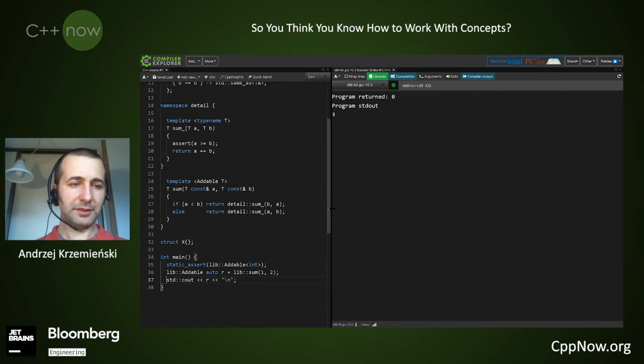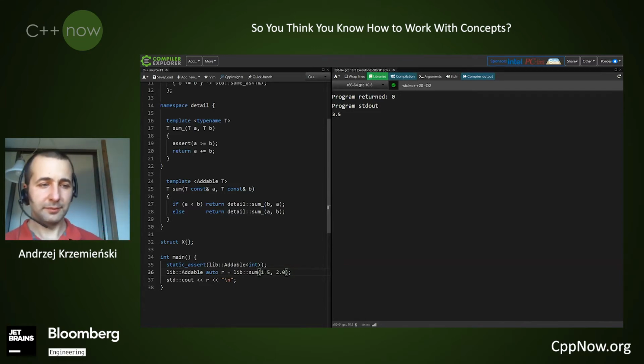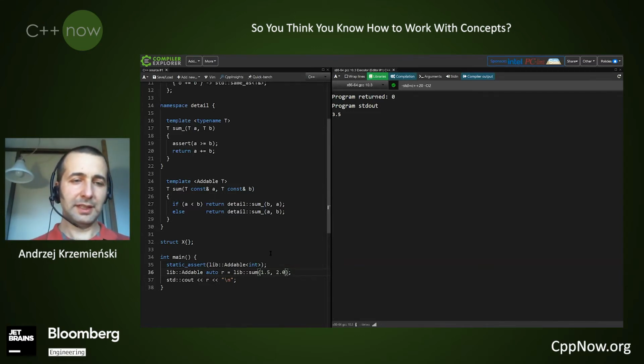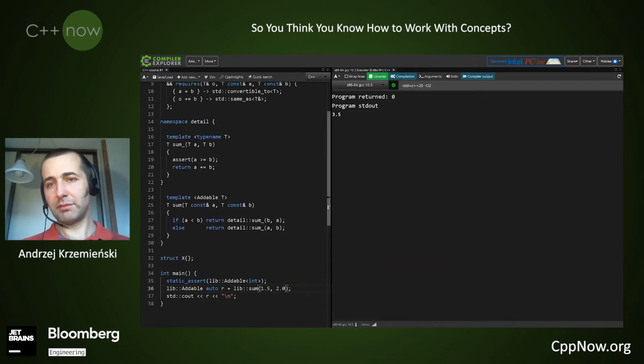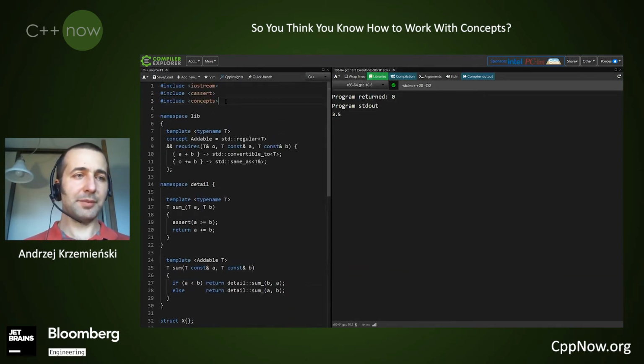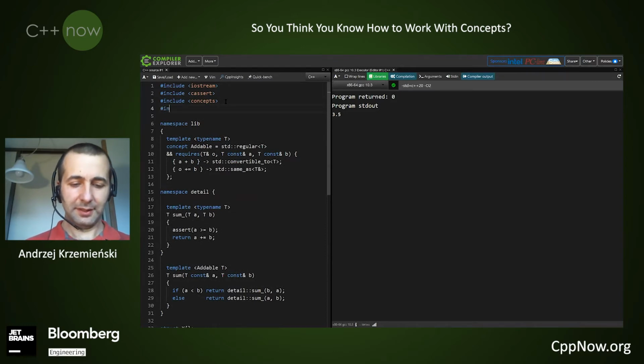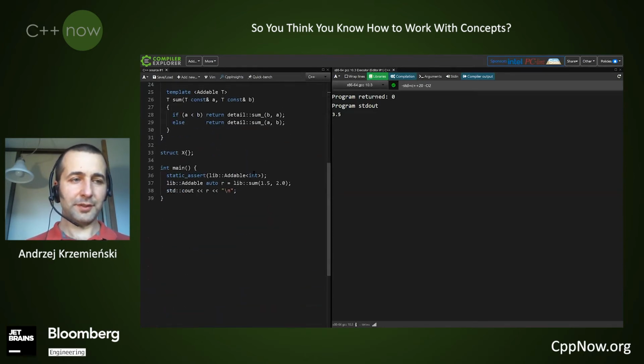as we expected. But in order to be sure, let's test it with other types like double, 1.5, and 2.0. Now we expect 3.5 in return. We do, but this is our scalar type. So let's test it with something more serious, some other library. Let's try Boost Rational. Rational numbers.